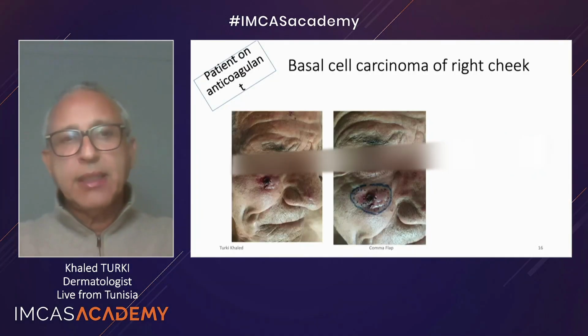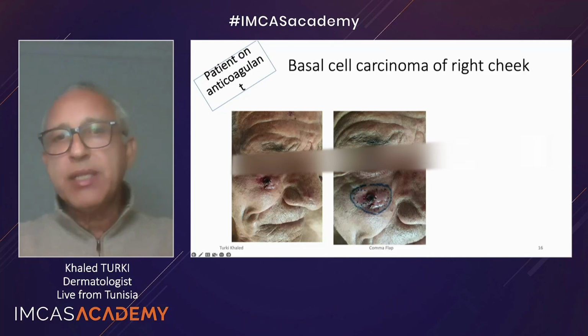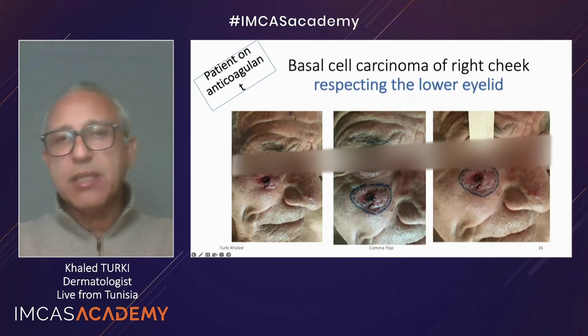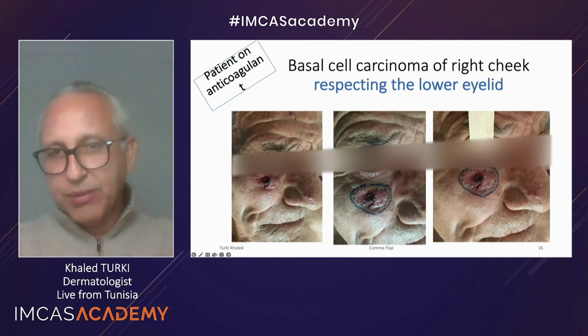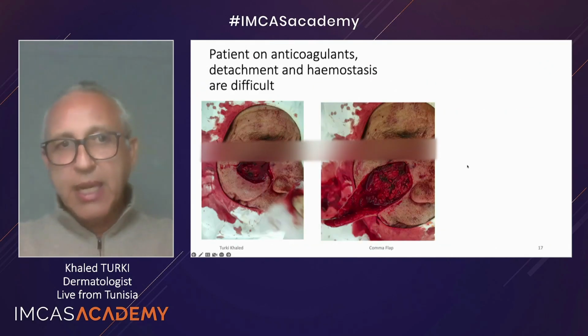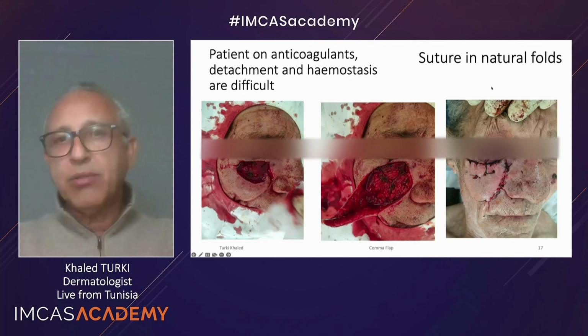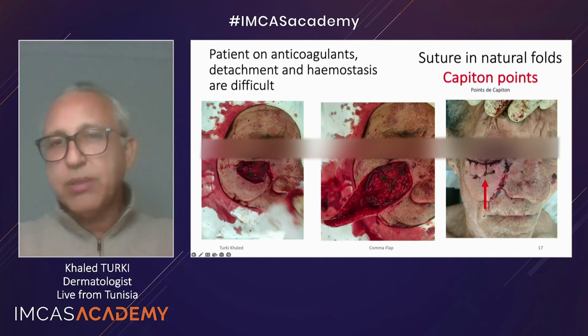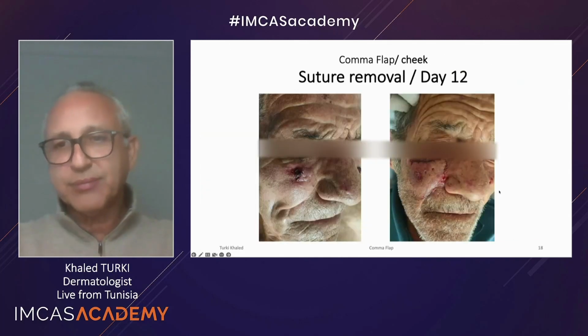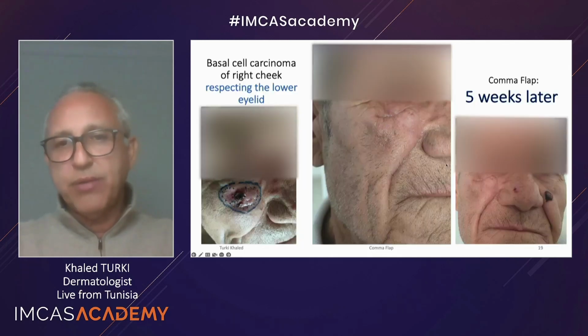Now, in this patient, basal cell carcinoma of the right cheek, and this carcinoma is respecting the lower eyelid. Like here, don't touch the lip or eyelid, and this patient is on anticoagulants. Detachment and hemostasis are very difficult. But we suture in a natural fold, then we put a capital point so the flap doesn't go down. We remove the suture in 12 days, we have the result, and 5 weeks later you have this result,